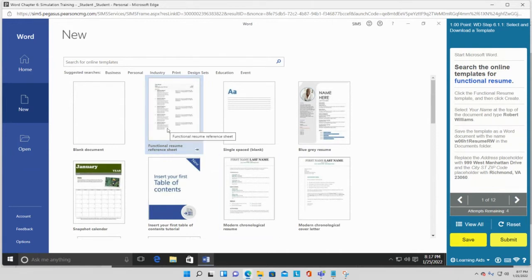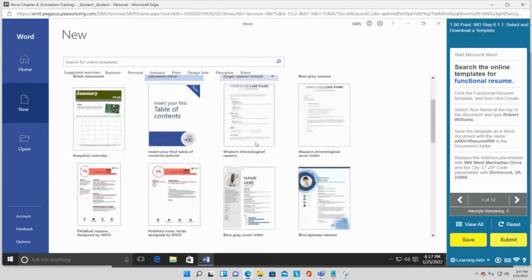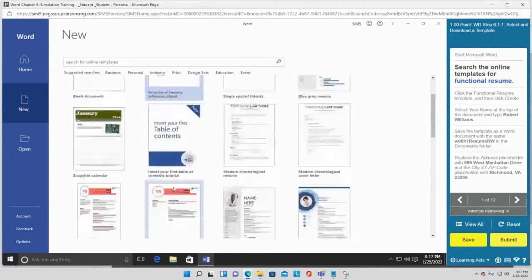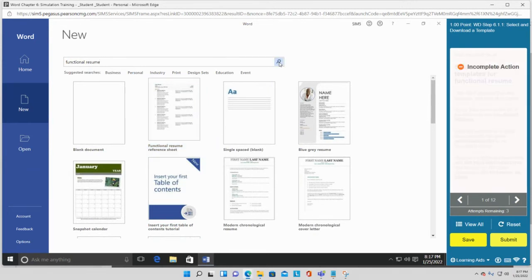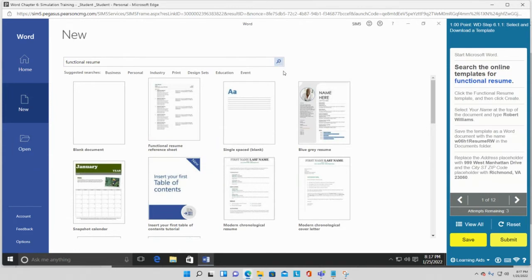Click it. Oh no, that's wrong apparently because I'm down to 4. Okay, so I'm looking for functional resume but not reference. Functional resume. Wait, sorry, I didn't type functional resume. Silly me. Functional resume, right? That's what they said. Yeah. And then you search by clicking this little magnifying glass thing. Okay, so now